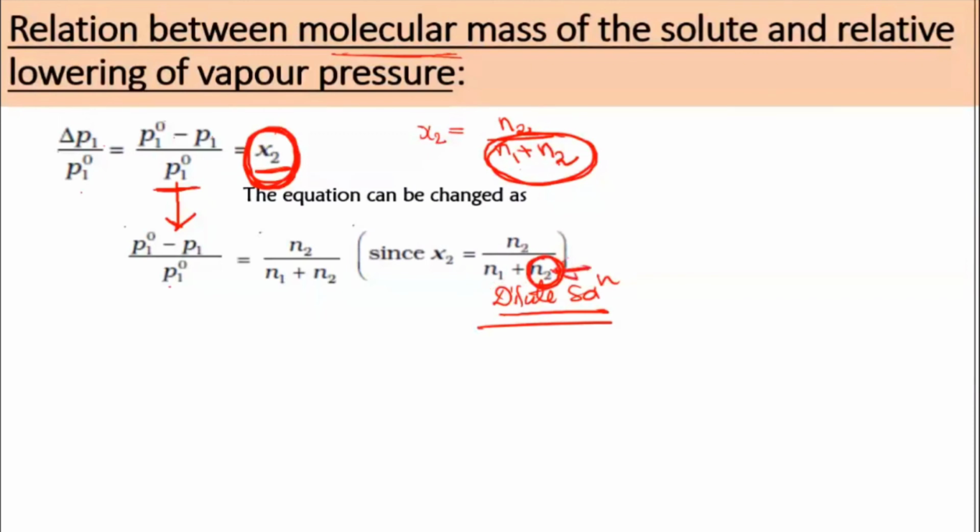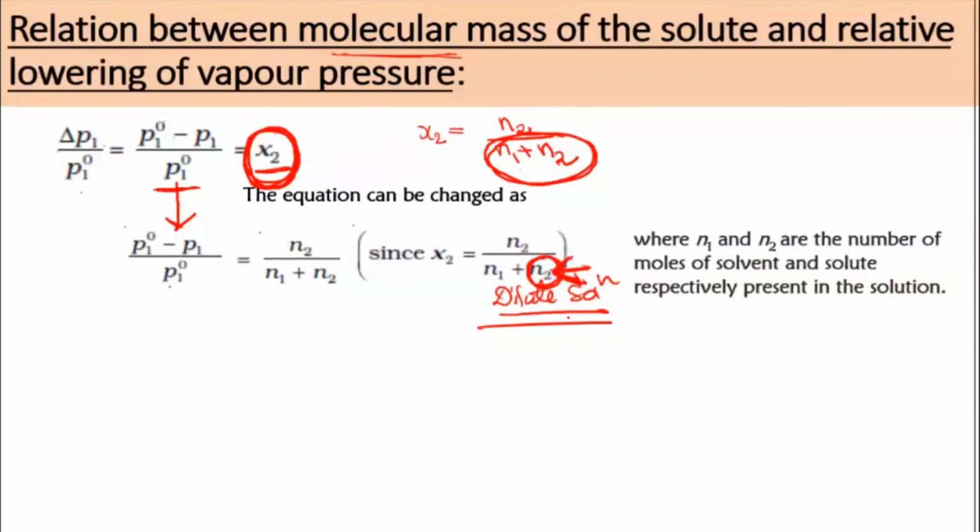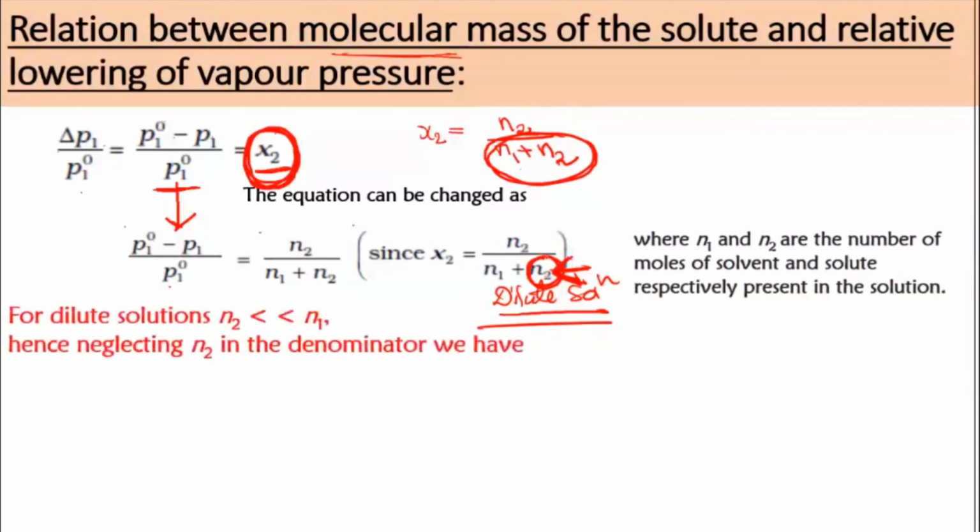This value can be ignored compared to, it's like if you are having 1 lakh, compared to that, 1 rupee or 2 rupees are nothing, no? So like that only it is. So it is almost negligible. Their value, when you are just counting the number of moles of solvent and the number of moles of solute in a very dilute solution, the number of moles of solute is very less, so we can ignore them. So we are going to ignore this number of moles in the overall solution.